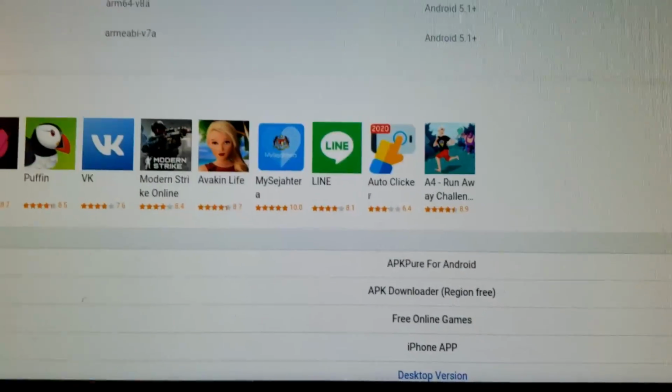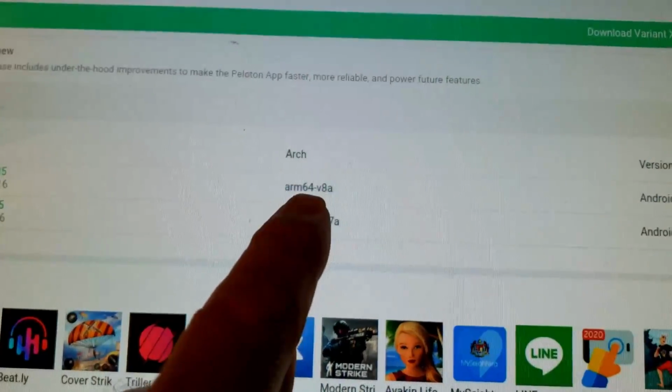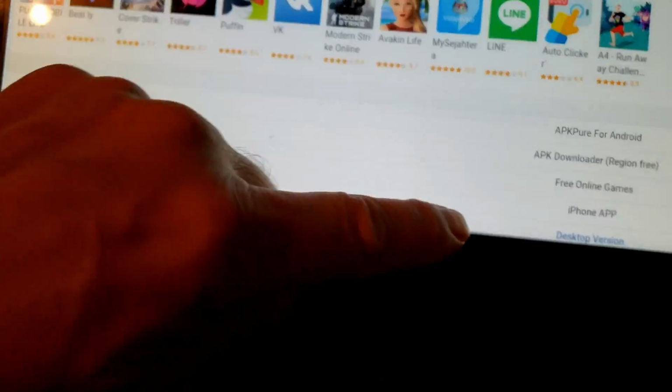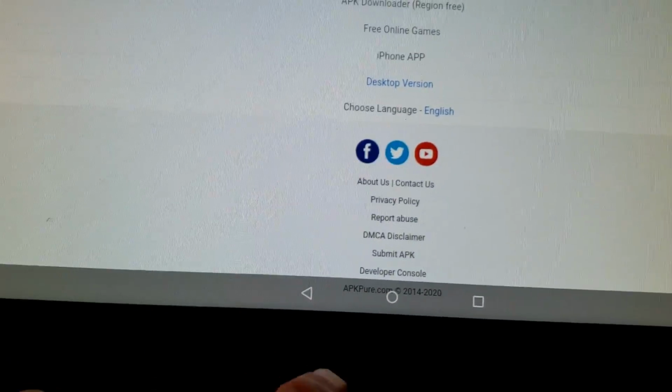5.1.1 version, because obviously, oh, here we go. So I can use this version. I don't have the 64, I have the actual version 7A. Let me show you how I know that. I'm going to swipe up, go back to my desktop,